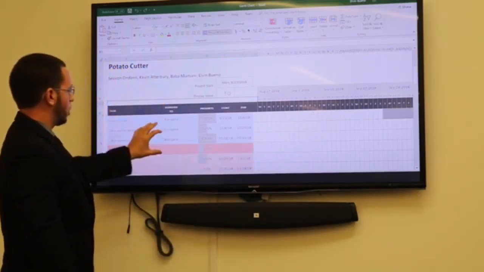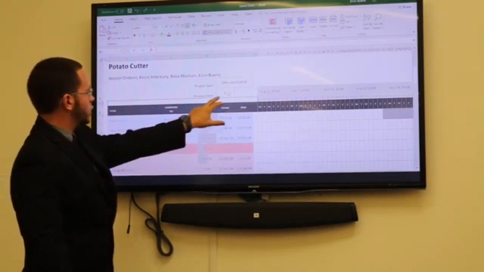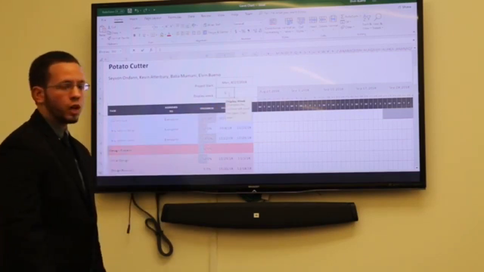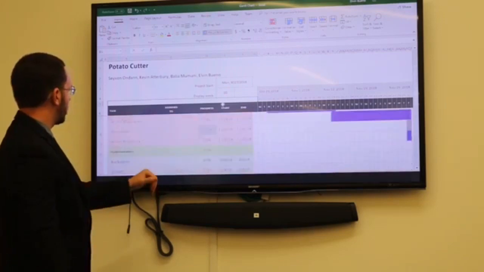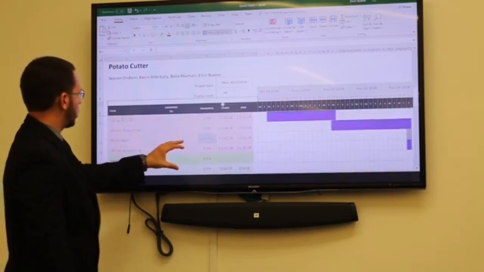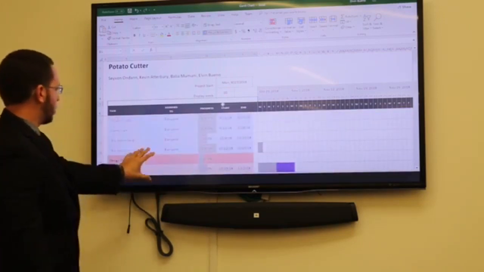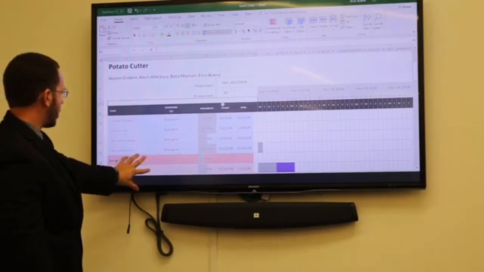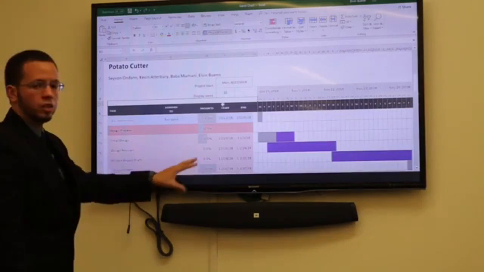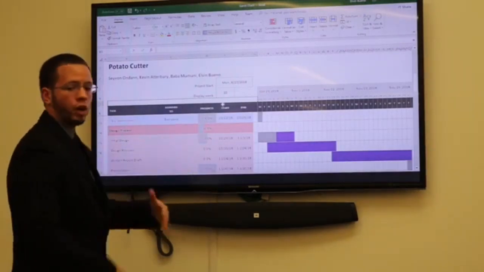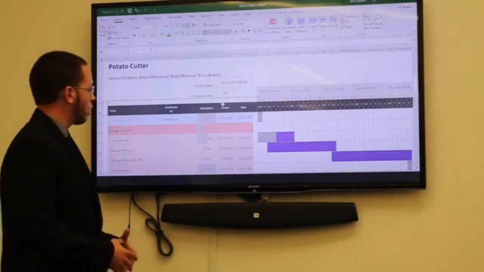For example, if we switch to week 10 of this project, and scroll up a little, we can see that this pink area right here is the design process, and we are in this design process right now.